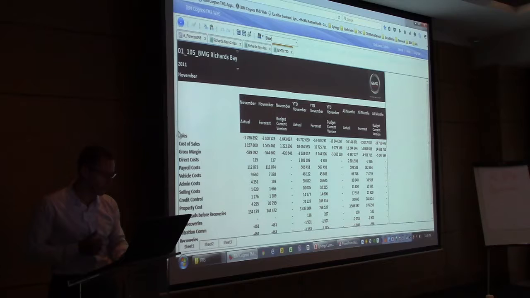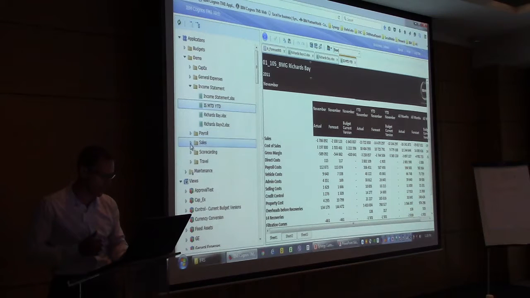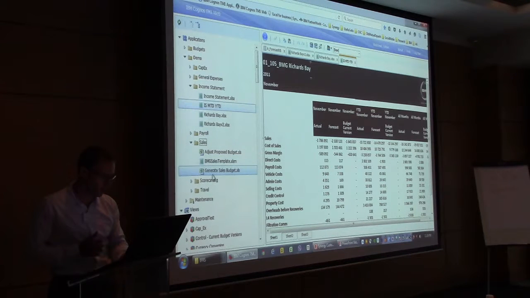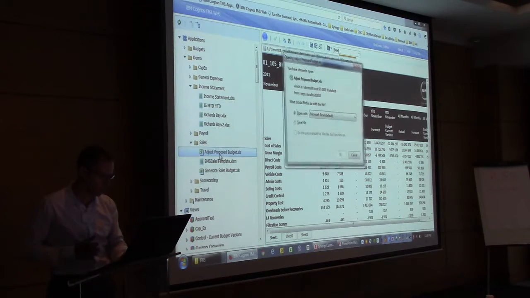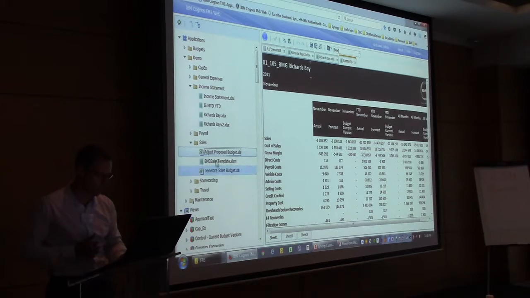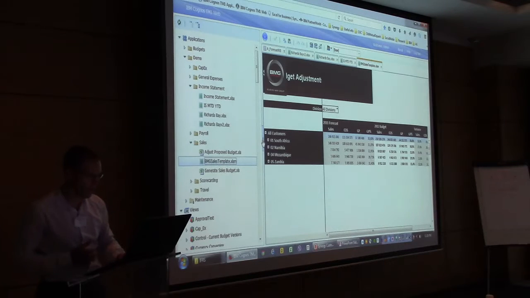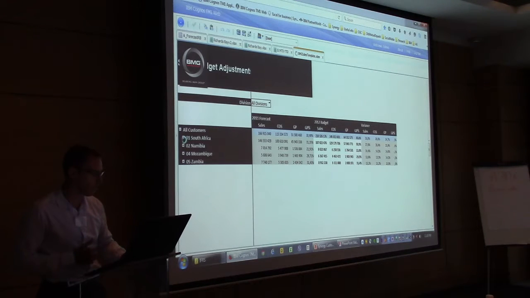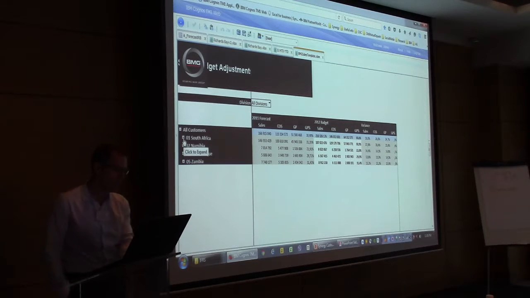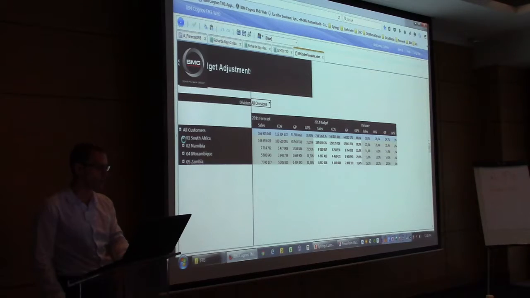I'll do one more. I'll just see if I can open up a. So this one will probably be a little bit slow. Let's see. It's not that one. Okay. So this will take a little bit of time to run. So this is what we call an active form, which most of you are probably familiar with, but it gives you again a similar experience to that